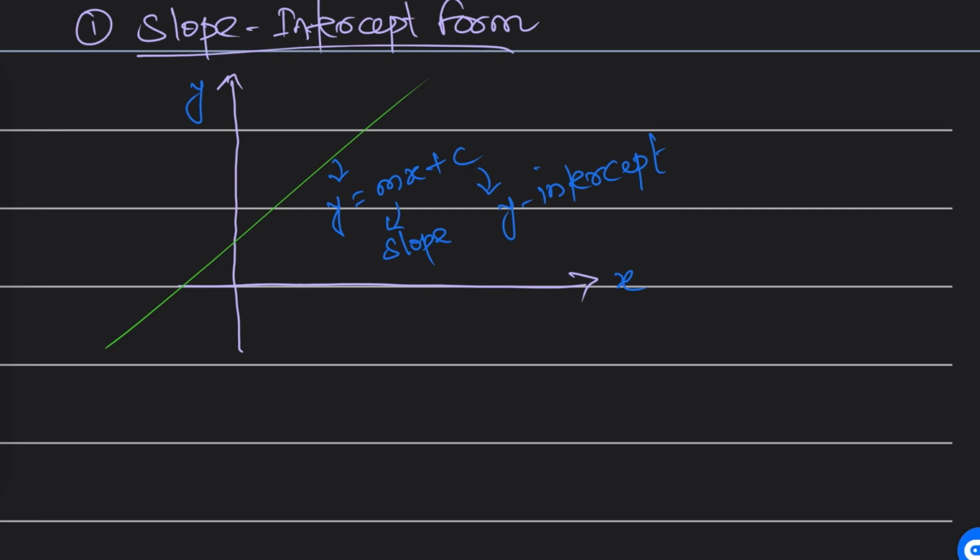How, sir? How to get y intercept here? So this distance from origin to this point is called y intercept, and slope is nothing but, if this is making angle theta here, then tan theta. M is what, sir? Tan theta, or this is also known as slope, dy by dx. I will discuss in differentiation what the application is.